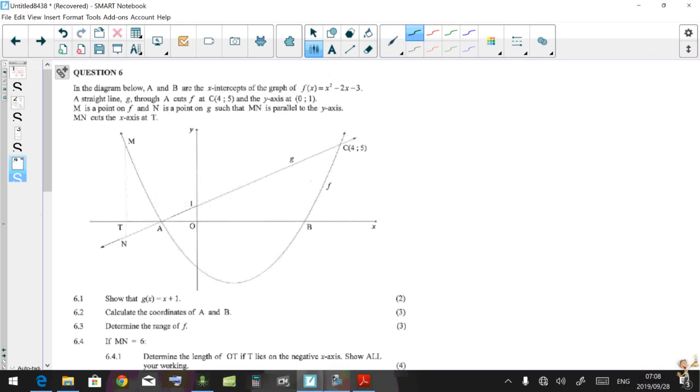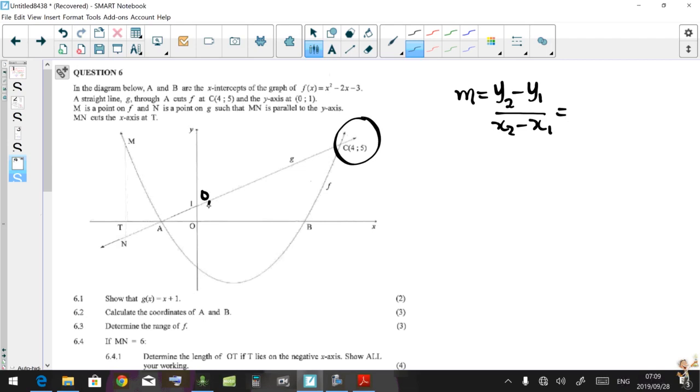Show that G of X is a straight line. Oh, basically that's very straightforward. Equation of a straight line. There are different ways of getting such equations, but whichever way, you must calculate the gradient first. Y2 minus Y1 over what? X2 minus X1. If that's my point 2 and my point 1, we are given